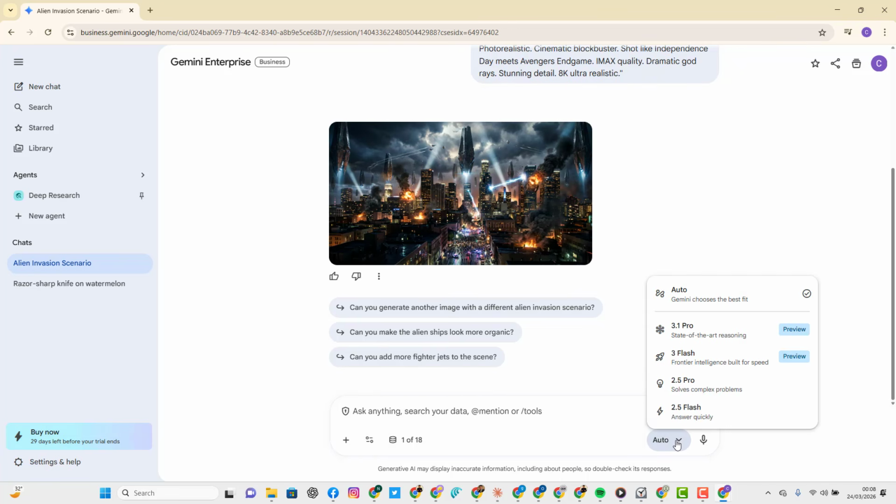And as you can see, you have access to all the models from Google: 2.5 Pro, 2.5 Flash, 3.1 Pro,